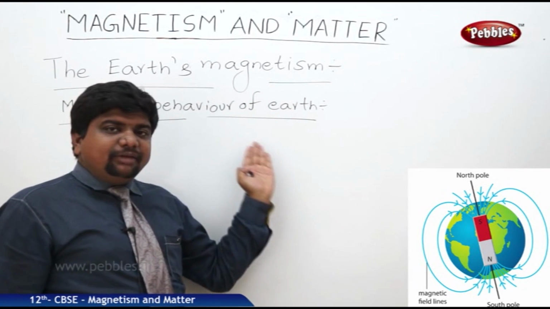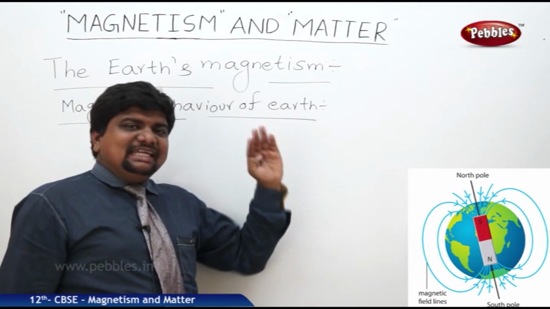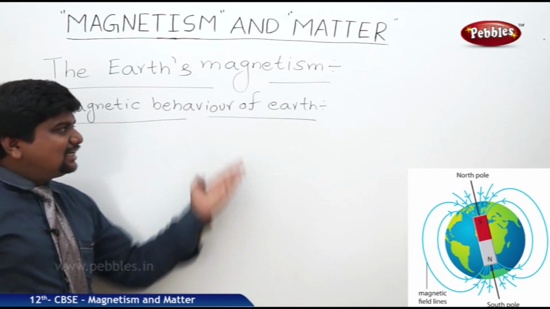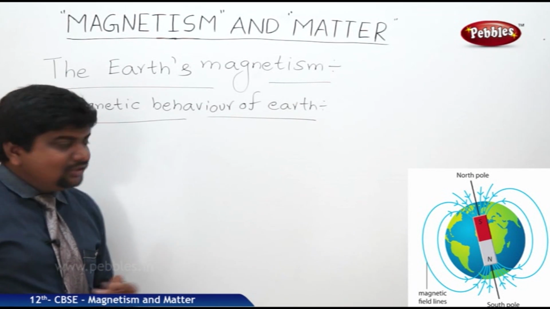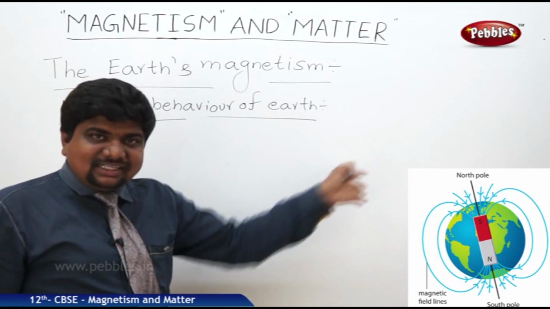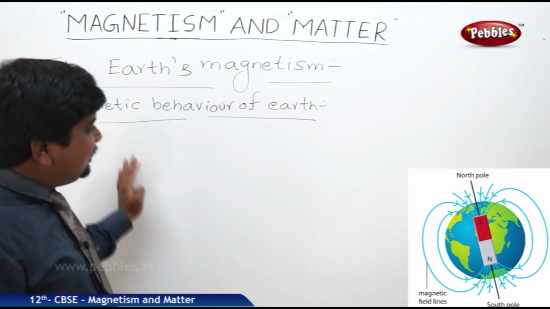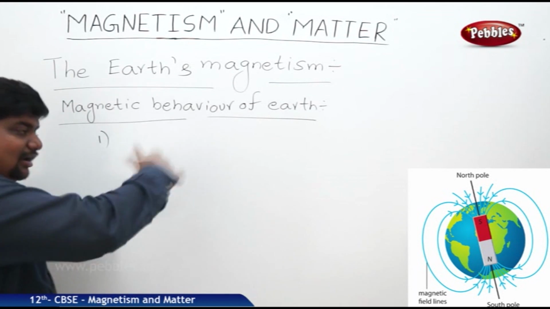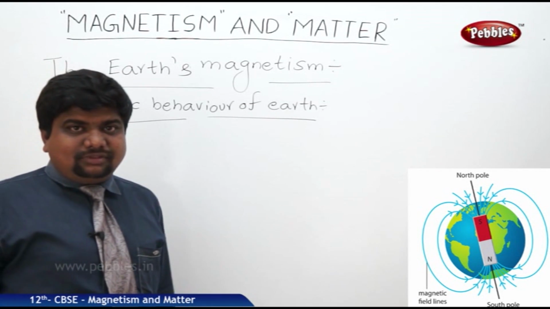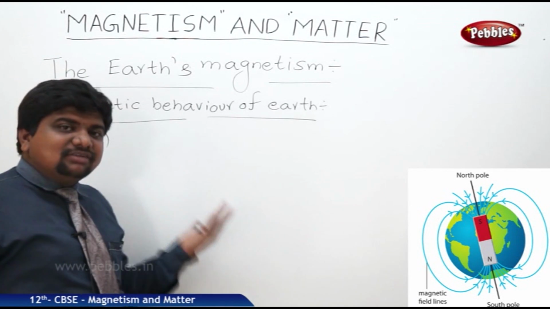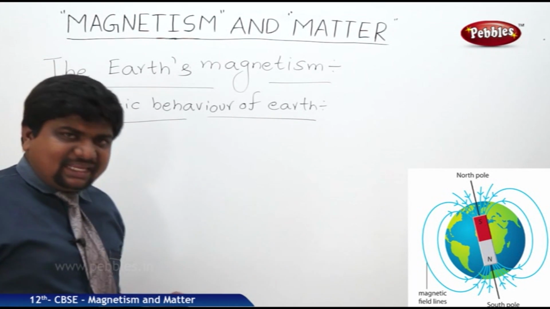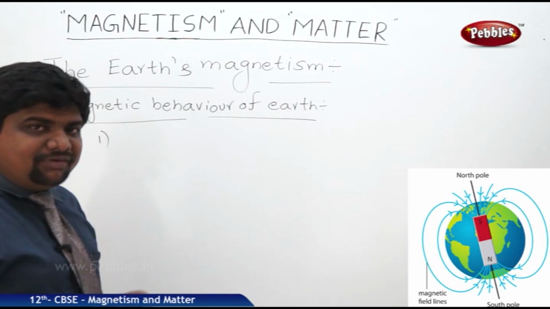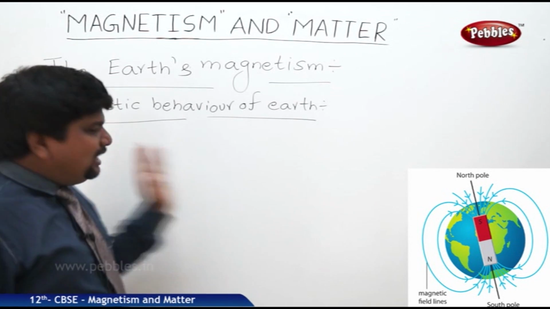In ancient days, people thought the magnetic behavior of Earth was due to many other reasons. Something hidden inside the Earth was attracting all other Earth particles, or some magnetic dipoles or monopoles existed inside the depth of the Earth. That's why it was behaving magnetically. And one more thing, many metals are there beneath the Earth's crust, so these metals behave like a magnet. That's why Earth is also behaving like a magnet. Many assumptions are there about the magnetic behavior of the Earth, but they may or may not be true.